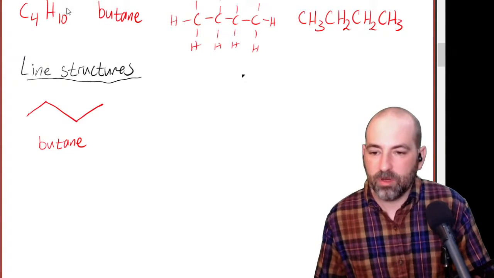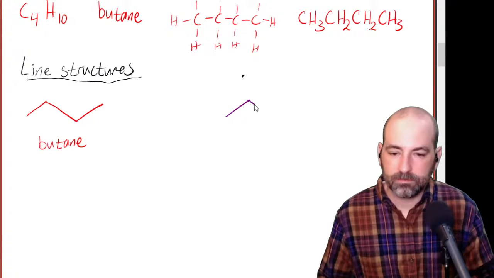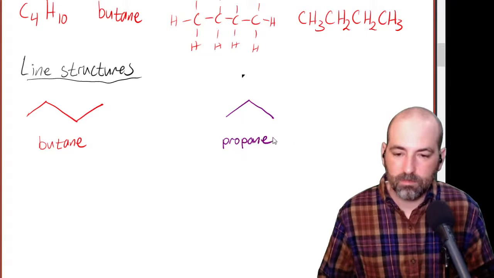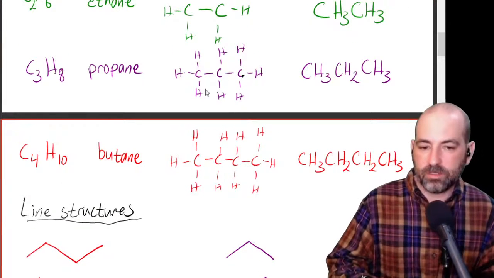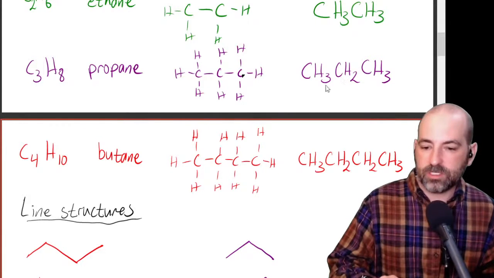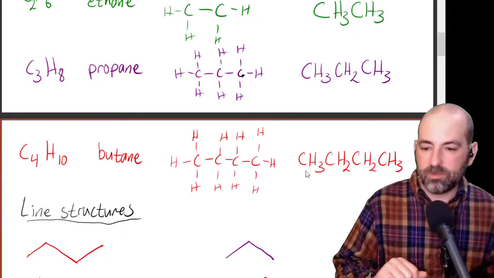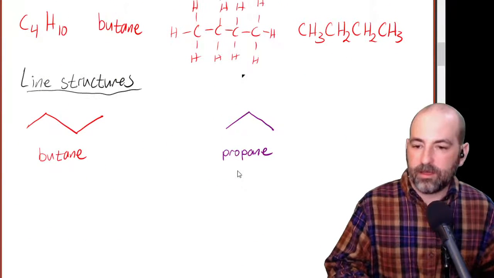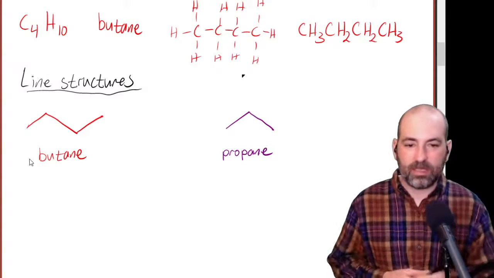And let's also look at propane. Just to remind you, that was the Lewis structure of propane, condensed structure, line structure. Lewis structure of butane, condensed structure of butane, line structure of butane. All right, so what's going on here? These are pretty simple little diagrams. They're just a zigzaggy line.